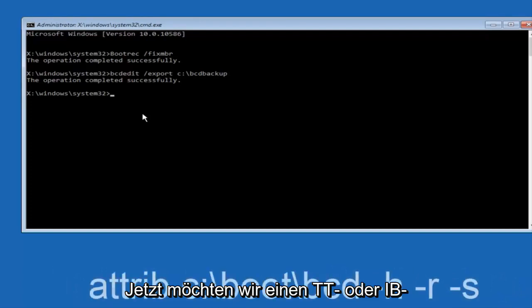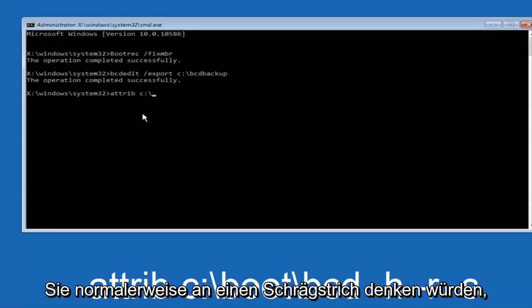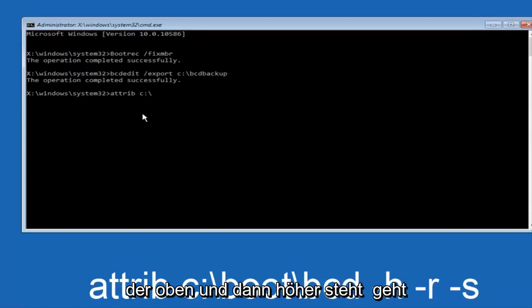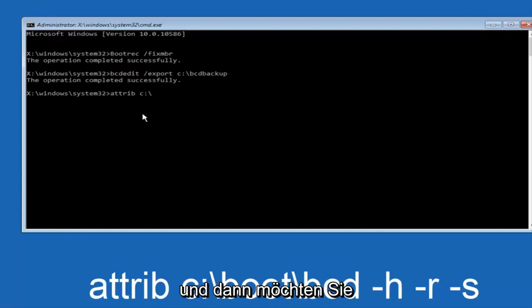Now what we want to do is type ATTRIB space C: backslash. Please note this is not a forward slash. This is like what normally you would think of with a slash. Higher at the top, and then it goes down to the right. So top left to bottom right. And then you want to type in boot, another one of those slashes, BCD space -h, another space -r, and then another space -s,